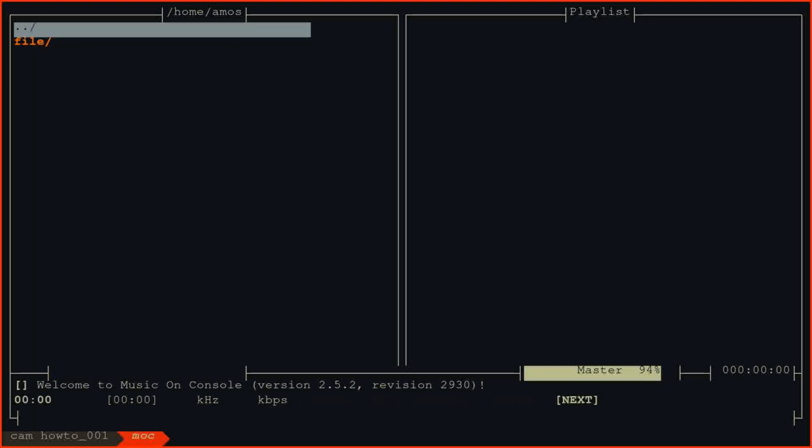So, how do I play music in Linux? Of course, you could use a music player like Muck, which I like. It's a good music player, but here's one problem with Muck. If I open another terminal,